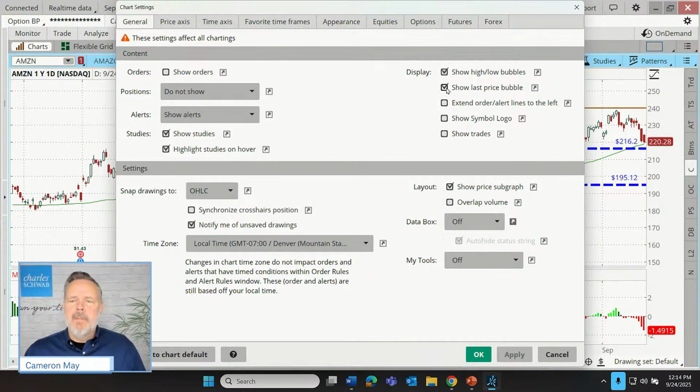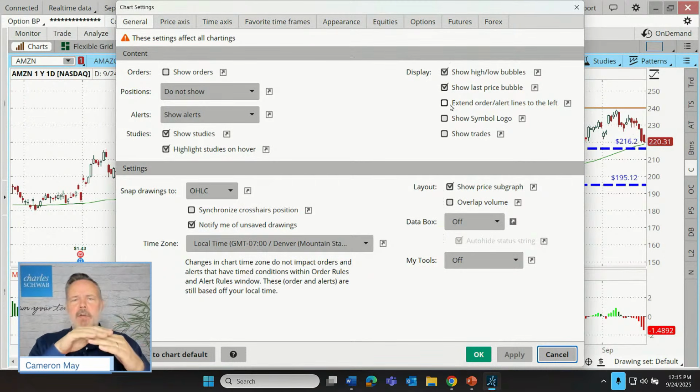maybe in this case, what can happen is our last price is right next to our 50-period moving average. So I can't see the 50-period moving average value, it's obscured by that last price. It's actually hidden behind it. Let me uncheck that button, apply. And now what we're seeing is not the last price, but actually the current value of that simple moving average, 218.80. So let's put that back on there. Click apply.